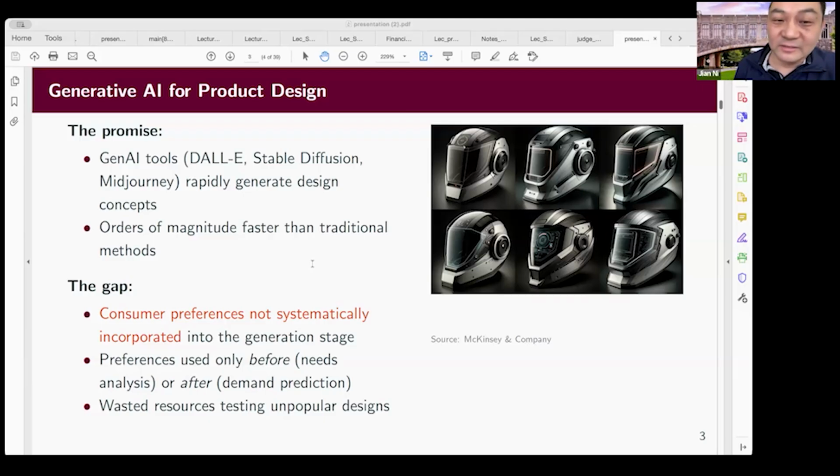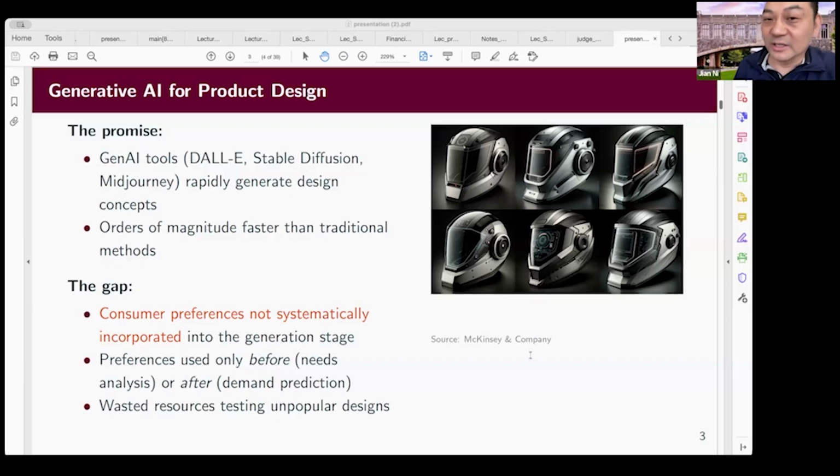On the right of this slide, you can see these wedding helmet concepts generated through some iterative prompting. This example comes from a McKinsey report illustrating how generative AI can rapidly produce high-fidelity concept